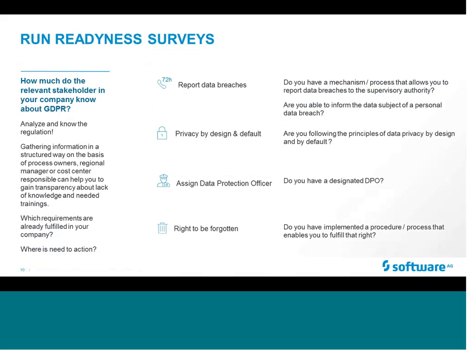For example, if we are looking at the requirement to report data breaches, some questions could be: do you have a mechanism or a process that allows you to report data breaches to the supervisory authority? Are you able to inform the data subjects of a personal data breach? And depending on the answers to these questions, you can then see a need of taking action or not. If you have these, of course, you should be sure that these procedures or mechanisms are working well. But if you do not have them at all, of course, this could be a first step of taking action